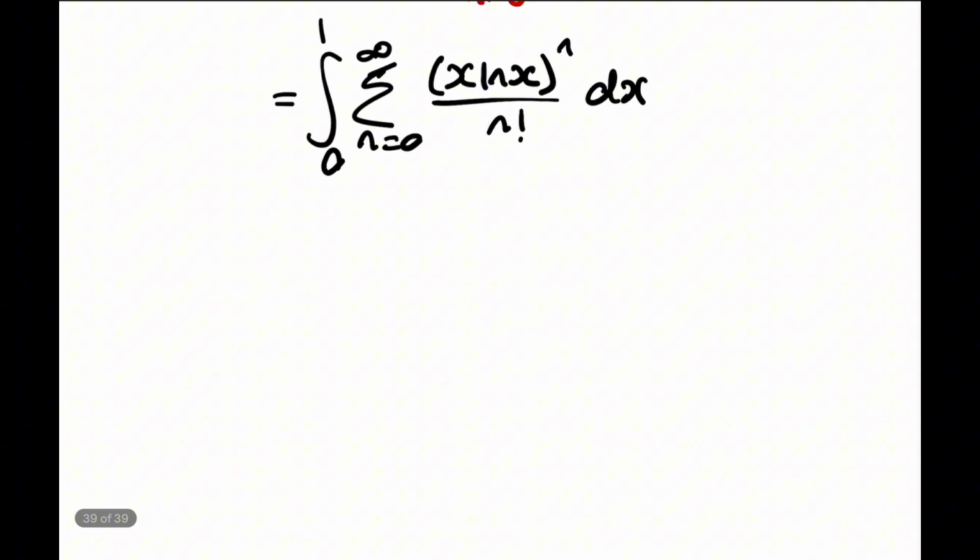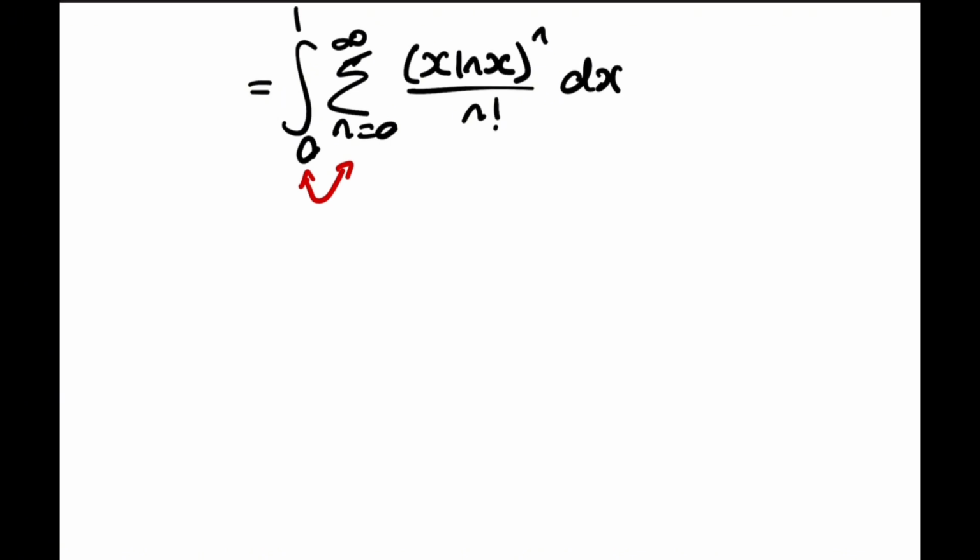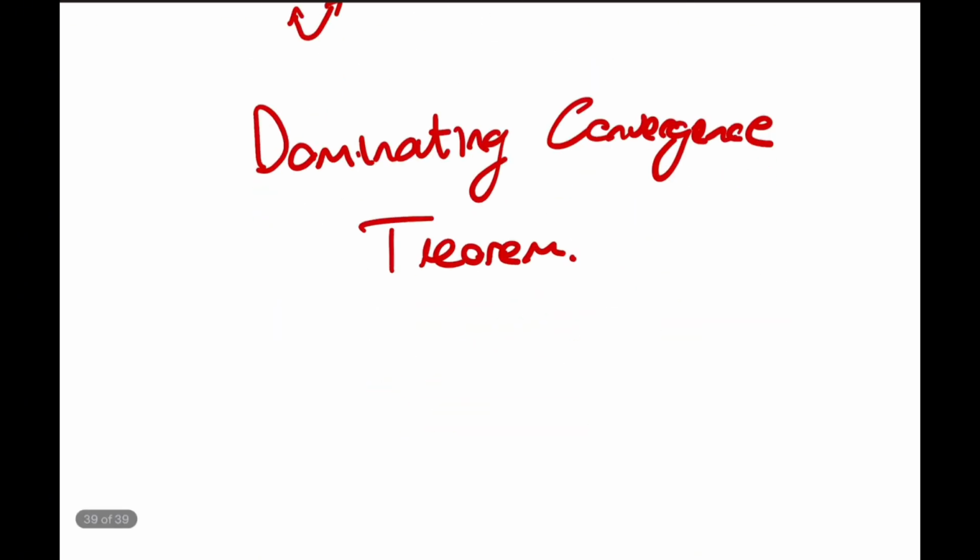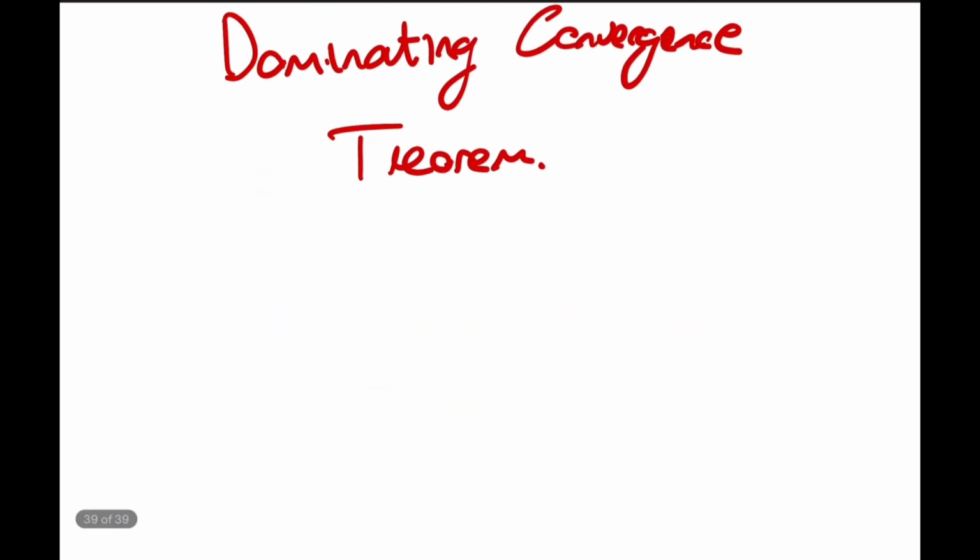Okay, so where do we go from here? Well, it would be useful if we could interchange the integral and the sum. Now, last time I skipped this step and I just did it and didn't really justify my reasoning for it. We're going to do that this time. And the way we're going to do that is via the dominated convergence theorem. Okay, let's have a talk about the dominated convergence theorem. So it has to satisfy two conditions. First of